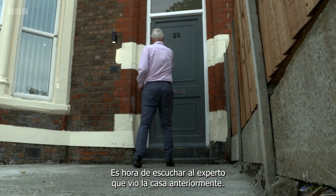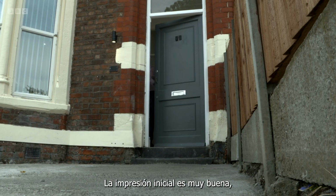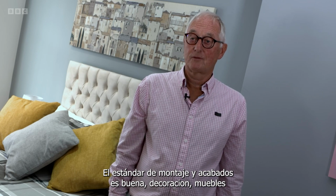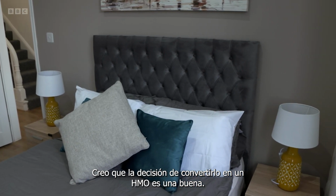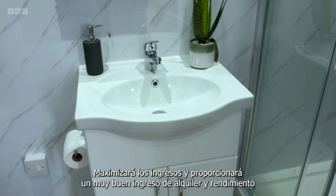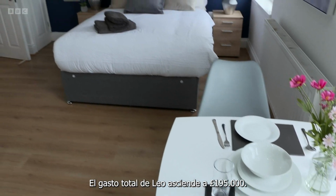Time to hear from the expert who viewed the house previously. The initial impressions are very good. They've obviously given a lot of time and thought into the way they're going to refurbish the property. Standard of fitting and finishes is good, decoration, furnishings, so I think it'd be quite a welcoming place for people to come and live. I think the decision to convert it to an HMO is a good one. It'll maximise income, provide a very good rental income and yield, and there is good demand in the area for rooms of this type. Leo's total spend comes to